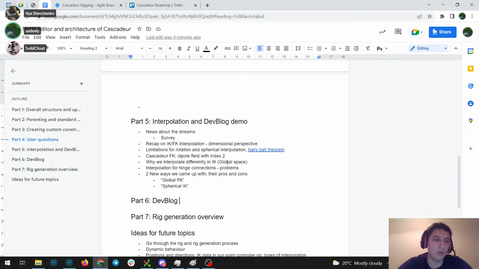So we came up with an idea that between my very technical and boring lectures about how Cascadeur rigging works, how to work with node editor, and there will be more and more scripting there, we should mix it with something that is easier to understand and something more fun. And the idea we came up with is a dev blog, because actually inside the team we have a review of what was done in 2 weeks.